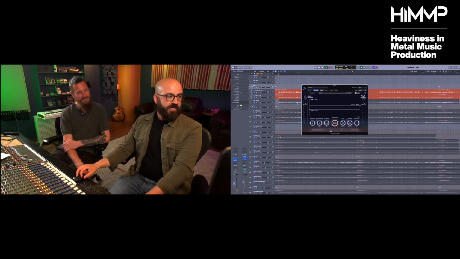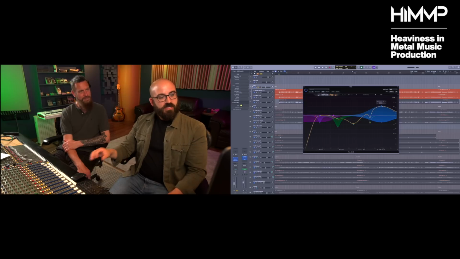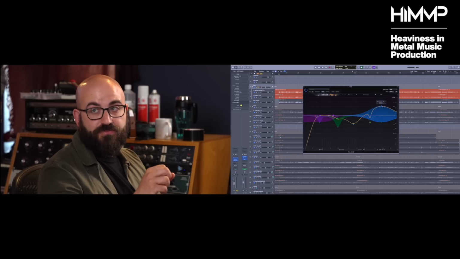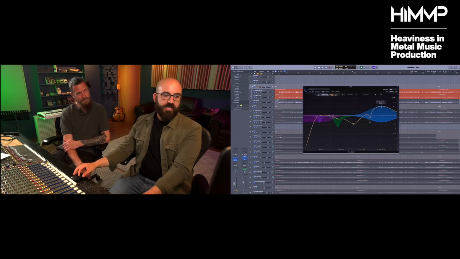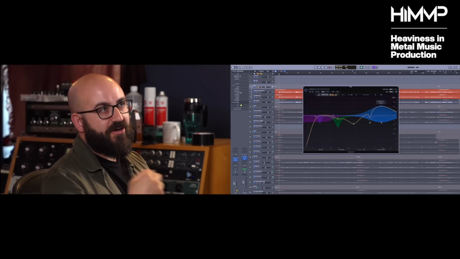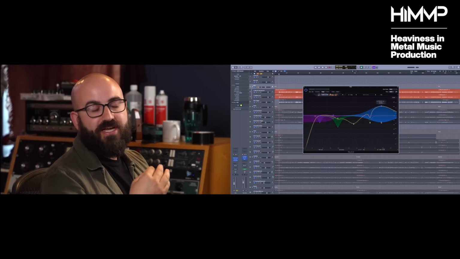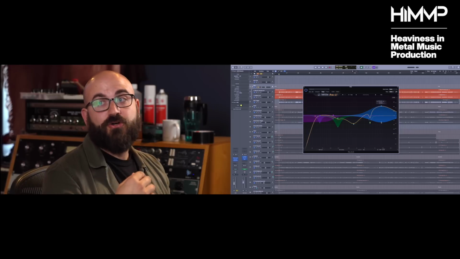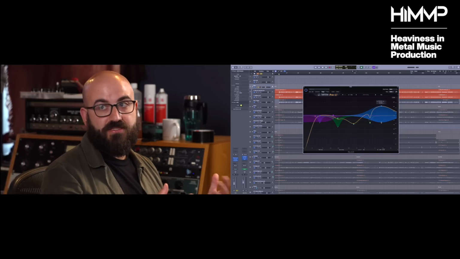Then I've got some EQ, and it looks like I'm doing quite a lot dynamically in the low end and in the high end as well. Some of these are strategies to flatten out the timbre of the kick drum between the different dynamics. For example, I'm doing a big boost up at 8 and a bit K, but I'm also dynamically reducing on the same band. So the harder the hit is, the less of that boost is applied in the transient. That makes sure that when the drummer starts stomping in the slow sections, it doesn't suddenly get really clicky, and that the top end's there on the softer hits.